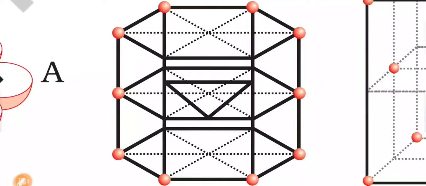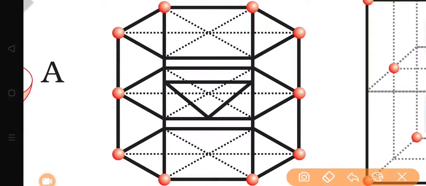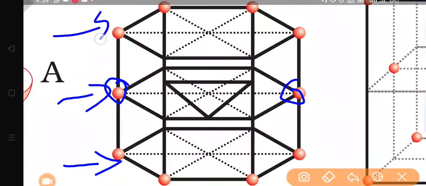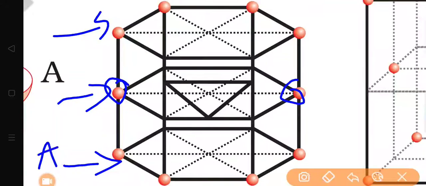So this is the figure mentioned in the textbook, so a little bit of correction first here. These two spheres are not actually present there. We have three different layers. This is the bottommost layer, this will be the center layer, and this will be the topmost layer. So the bottom layer is A, then the center layer will be B, and the top layer is again A type. So here we have AB type of stacking.